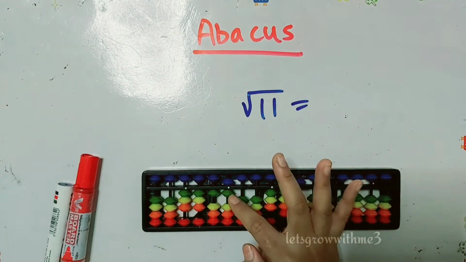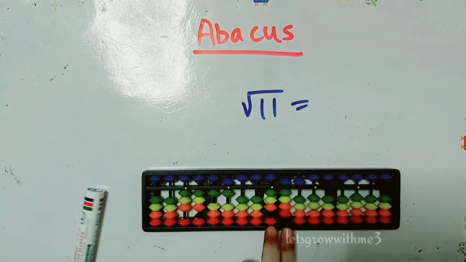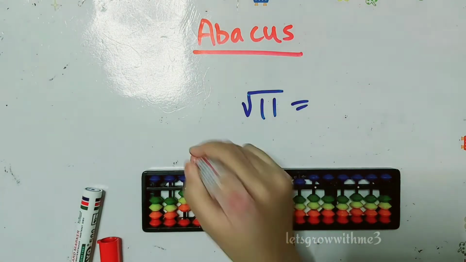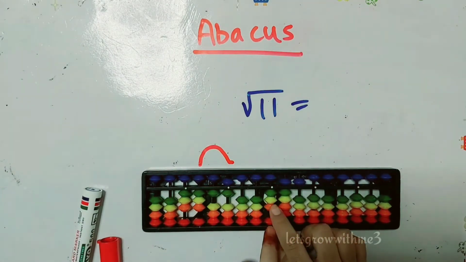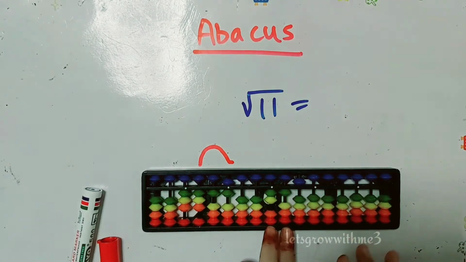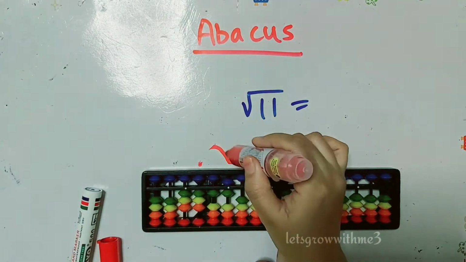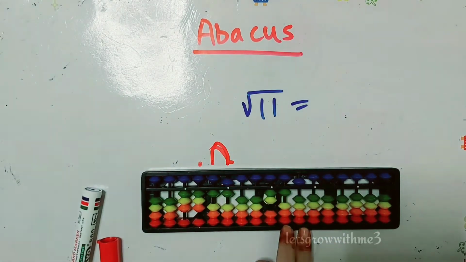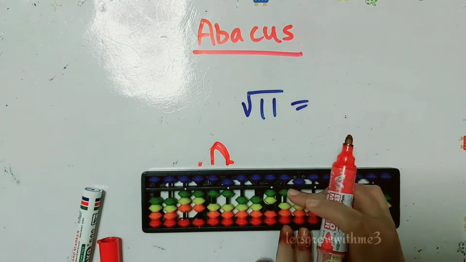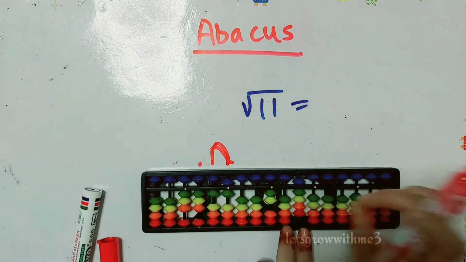Next we have to change the position. Done. Again we have to multiply 6 times 3, 18. Again we have to subtract 18 from the specified position, in the tens place and ones place, 1. So how to remove 8? To remove 8 we can do it directly. Next we have to change the position. Next again we have to multiply 6 times 1, which is 6. So we have to subtract 6 from the ones place, but we can't subtract 6 here. So I am doing minus 10 plus 4.